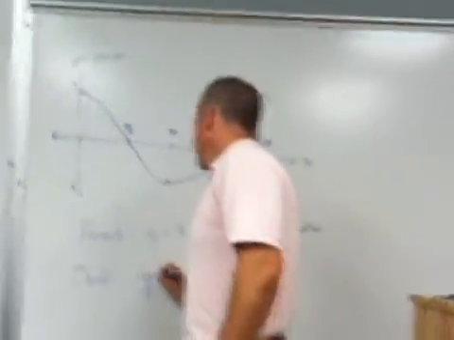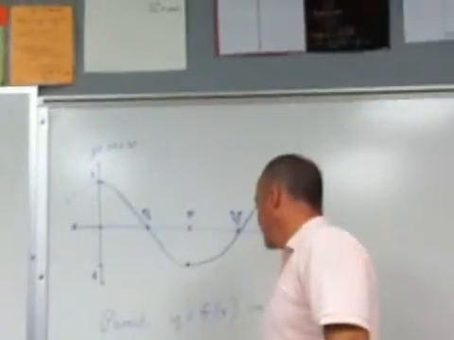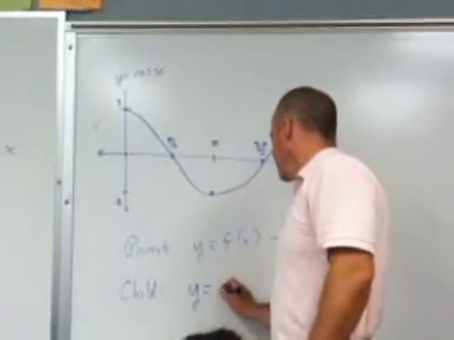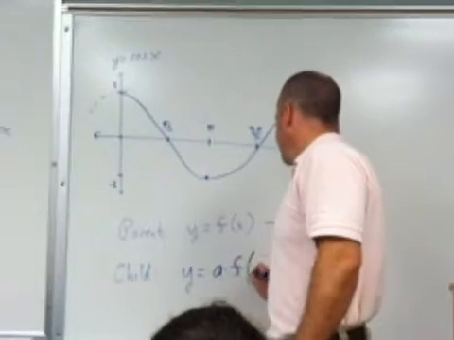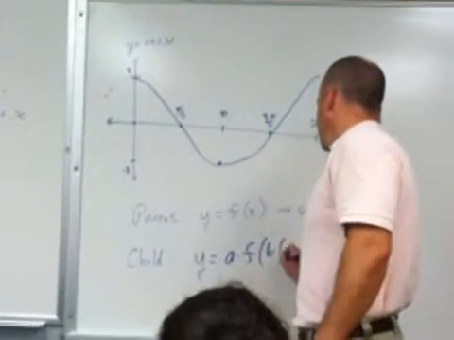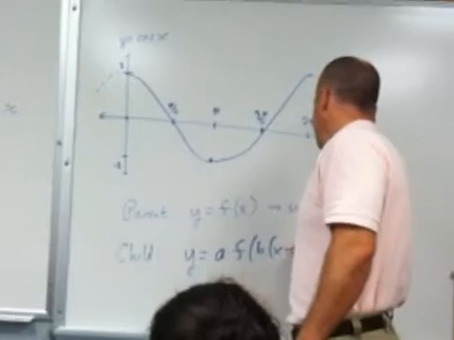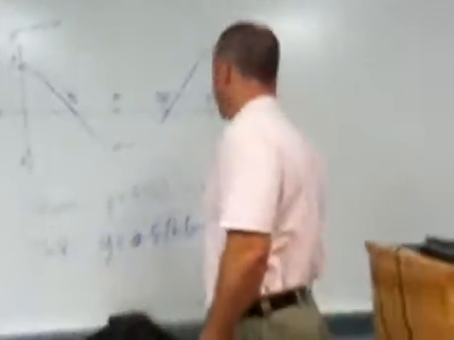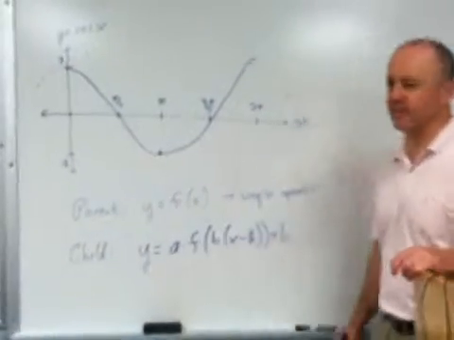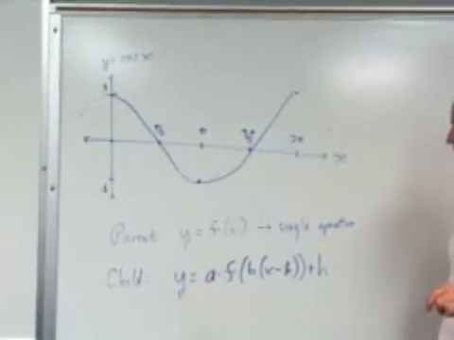I like to say, no matter what you're looking at, is y equals a times f of b times x minus k plus h. These letters are a little bit different depending on what textbook you're using or what chapter you're in,